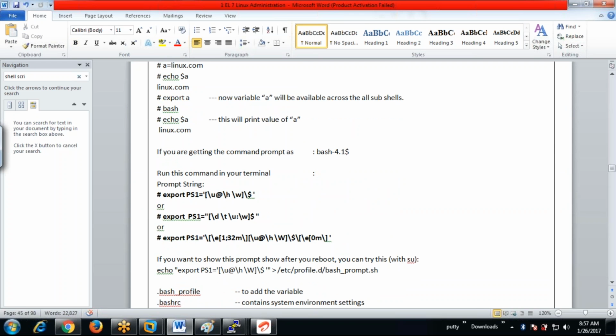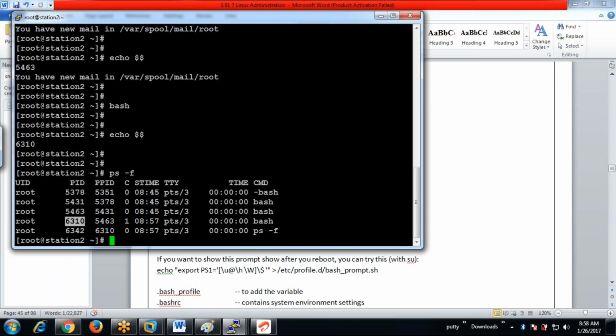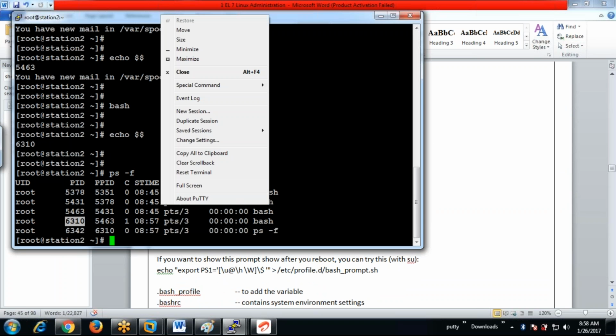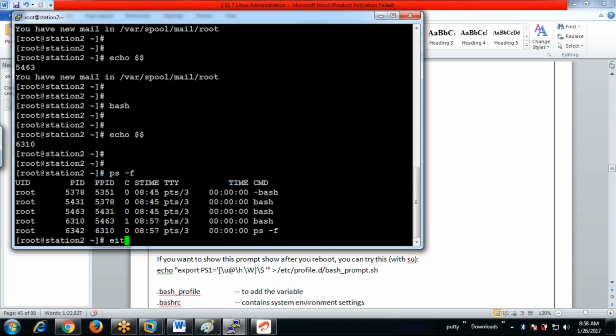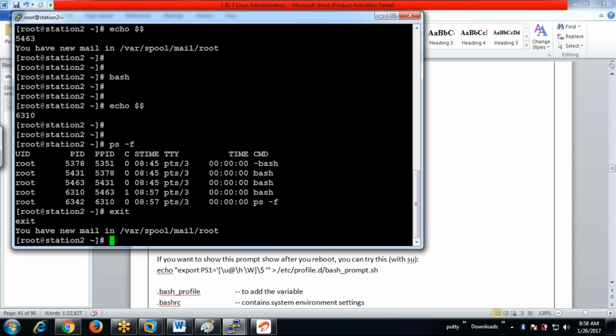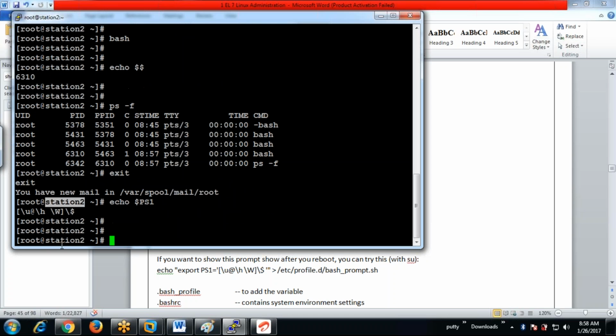The next one here is the PS1 variable. So what is this PS1 variable? See here, when we are initially logging in, what is the prompt here? Root@station2. It means that, when I print this variable with echo $PS1,